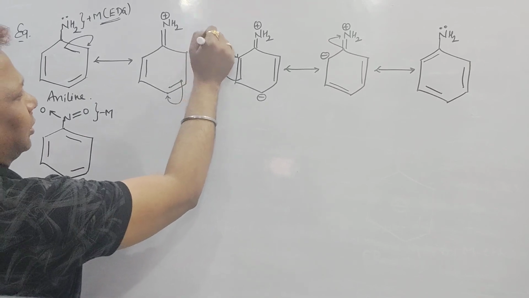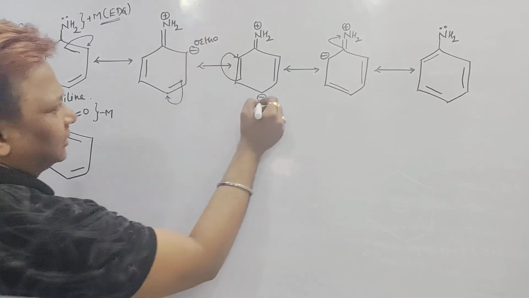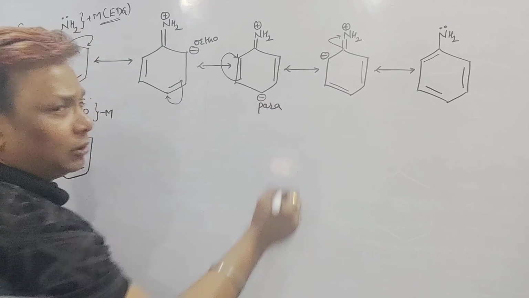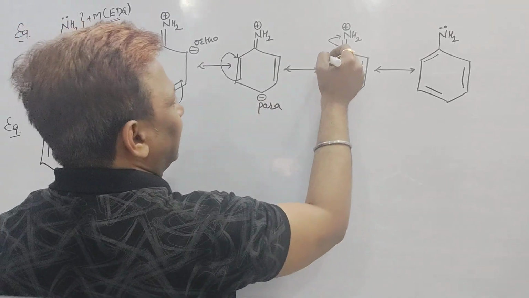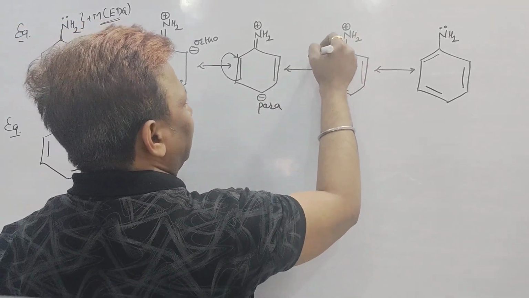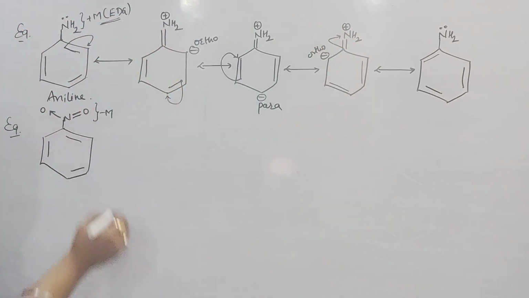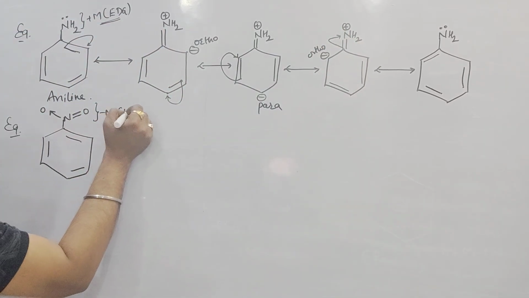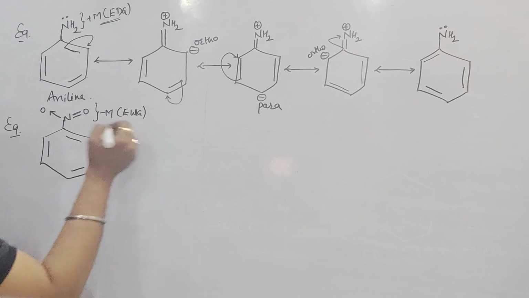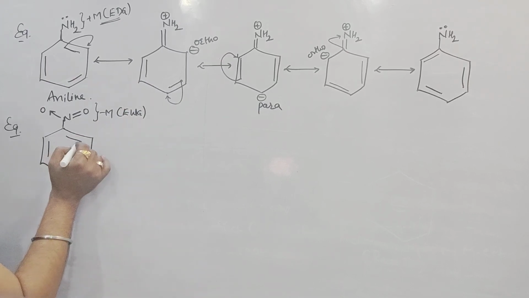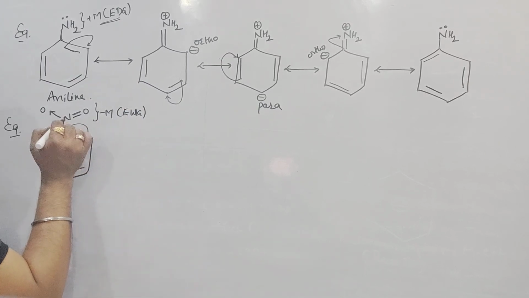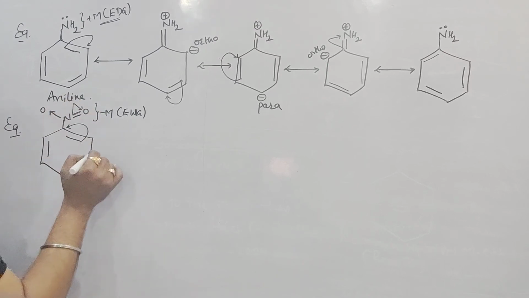Did you see? An electron donating group increases the electron density of the benzene ring on which positions? It will increase electron density at the ortho position. It will increase the electron density at the para position. Again it will increase electron density at the other ortho position. But this is a minus M. Obviously it is an electron withdrawing group, and it will decrease the electron density on the benzene ring. This pi electron shifted to here. This pi electron shifted to here.